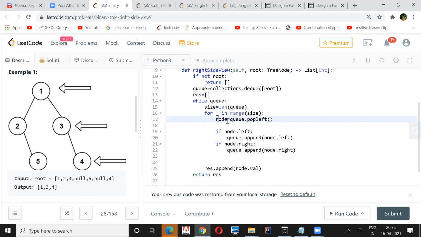When you pop two out from here, you push its left and right, and still we won't be printing the result because the size of the queue is two now. Again the right will come, you push its left and right children, and now your size will be over because size was 2. Now at this point 3, you push it back.